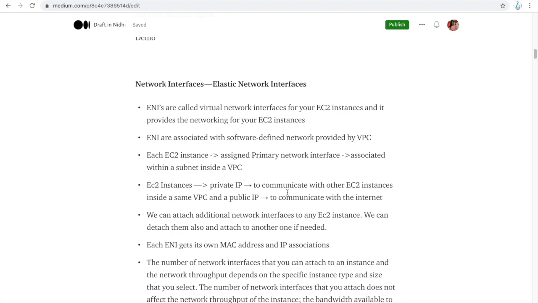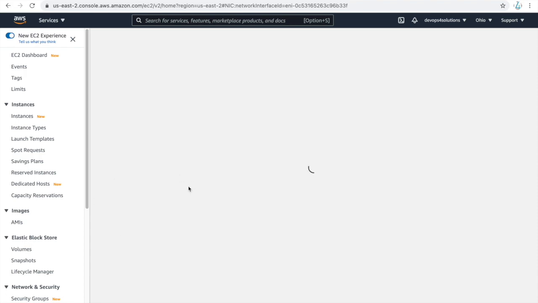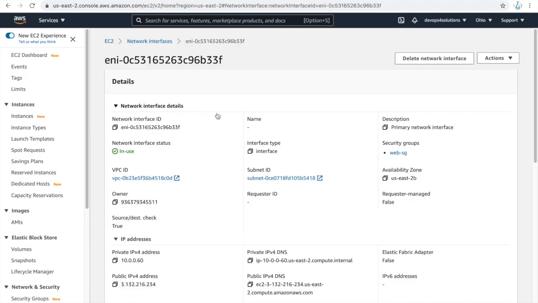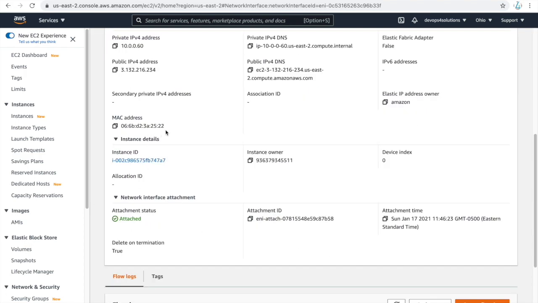And each EC2 instance gets a private IP so that it can communicate with other instances within the same VPC, and it gets a public IP to communicate with the internet. If we need, we can attach additional elastic network interfaces, and we can also detach them and attach them to another instance if needed. Each elastic network interface, if I go there, you can see gets its own MAC address also.